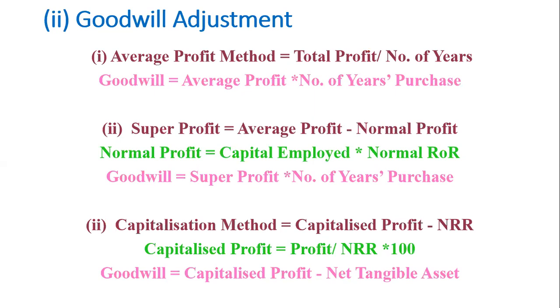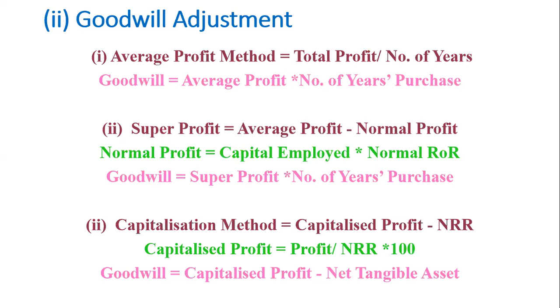So once the sacrificing ratio and new profit sharing ratio have been identified, the further profits of the firm will be distributed in the new profit sharing ratio in the forthcoming years. And this sacrificing ratio is identified to take up any benefit derived from the business in the past years that is accumulated; that will be shared by the old partners in the sacrificing ratio. The goodwill will be taken up by the old partners in the sacrificing ratios.